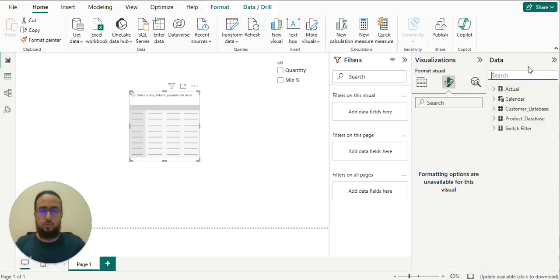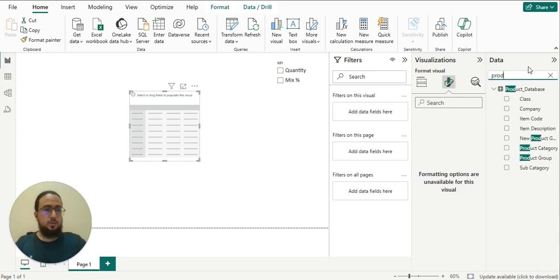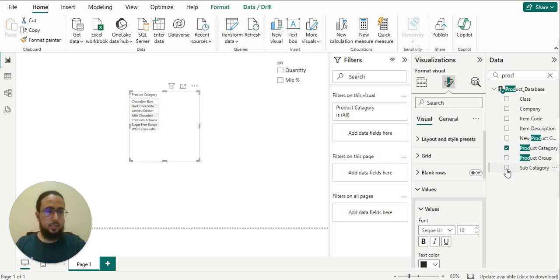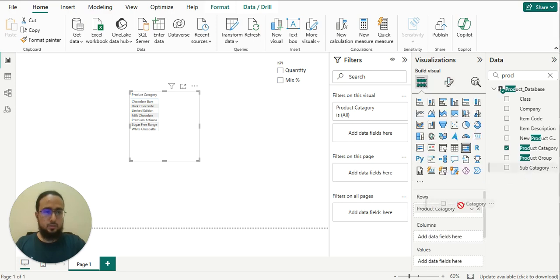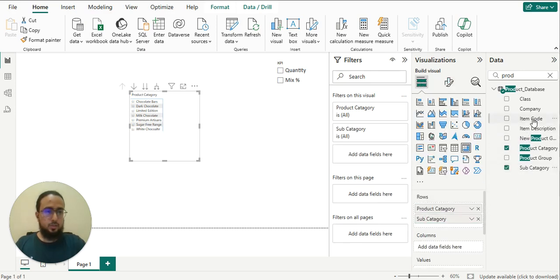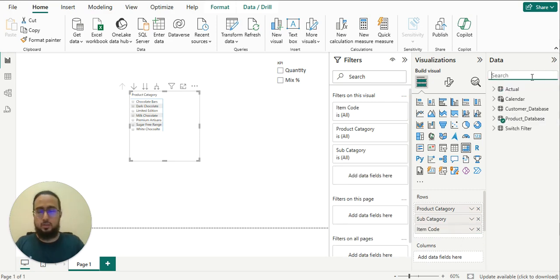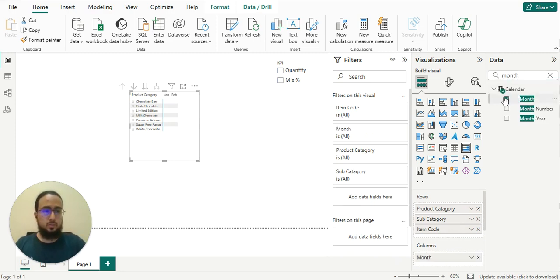I'll just do the calculation here, and now we want to see our product categories, and on the second level we want to see the subcategories, and on the third level we want to see the item code, and in the columns we want to see months. Okay, now